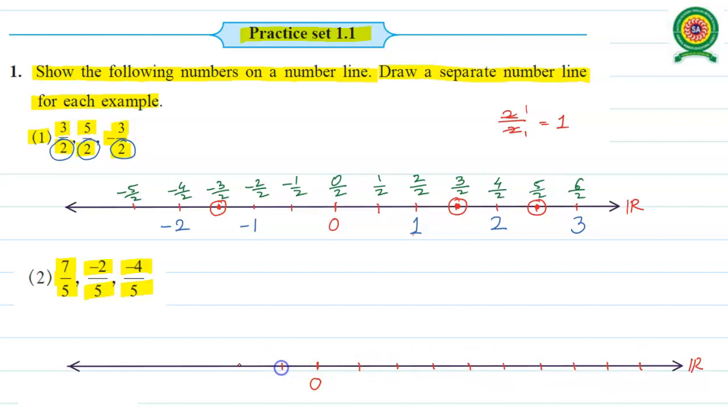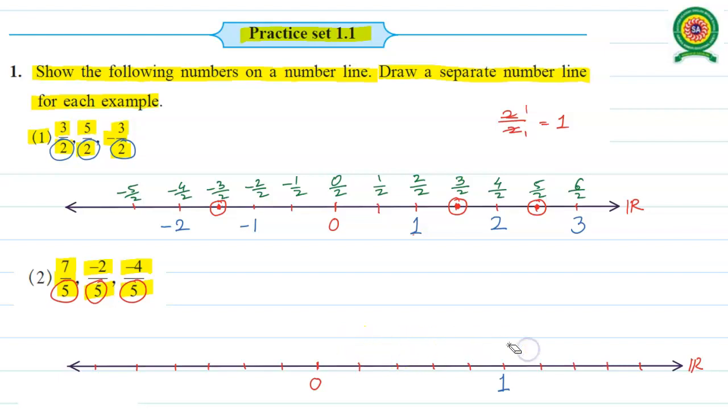So we have to strictly use a scale and pencil and put the 1 centimeter mark towards the right and left of 0. Now each rational has the same denominator 5, so we have to divide each single unit place into 5 equal parts. Let's start counting: 1, 2, 3, 4 and somewhere here we have 5. So it becomes our first unit place, 1. After that somewhere we have the second unit place and so on.